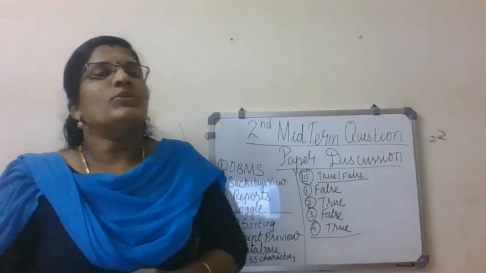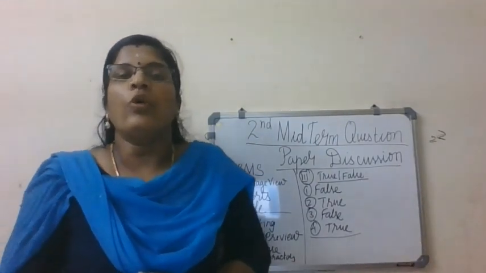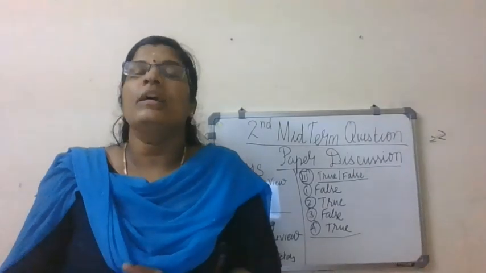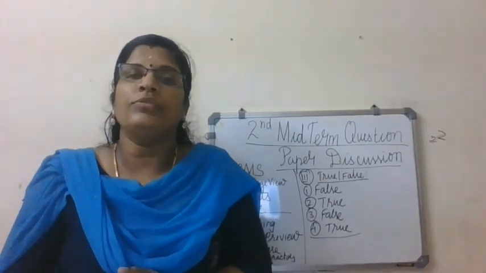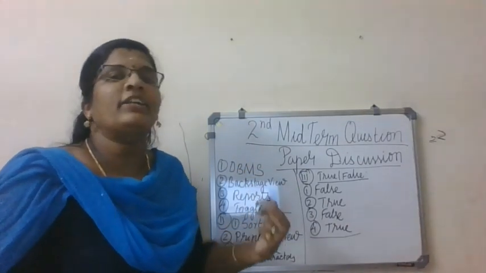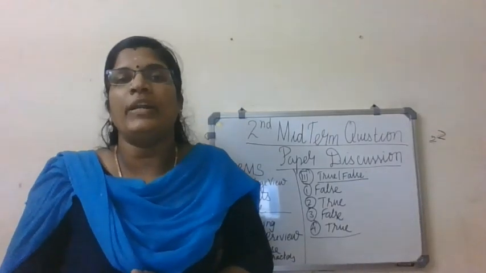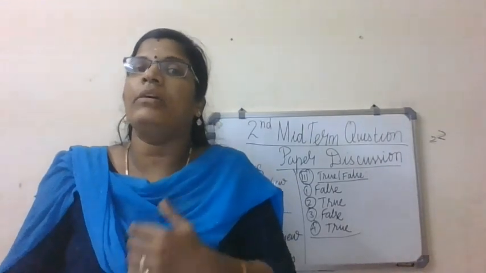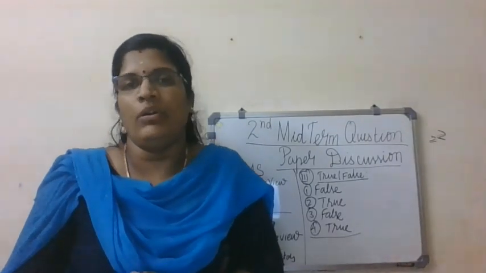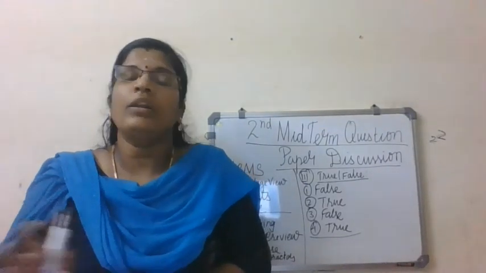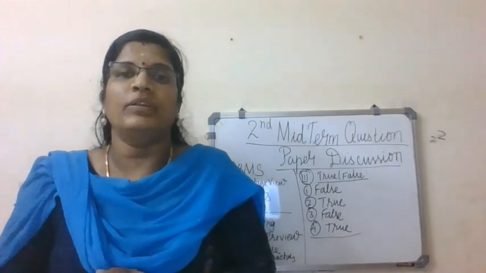Clear, students? So these are the answers for the midterm 2 question paper. I hope everyone is clear with the answers and how to write them. You have to write everything: fill in the blanks, match, true or false, and answer the following, everything in your computer notebook. I will randomly ask any of the students to send the notes to me to verify whether you have done it or not, which will reflect in your final exam mark. So everyone write it in your computer notebook.